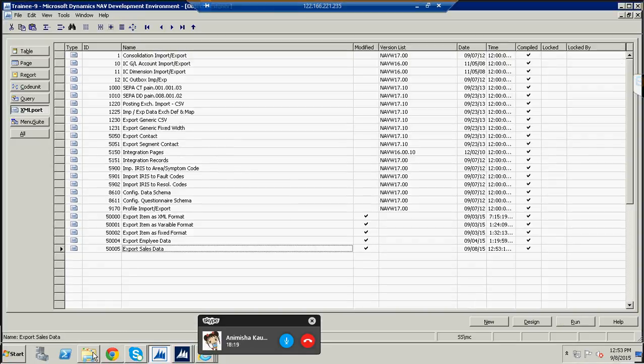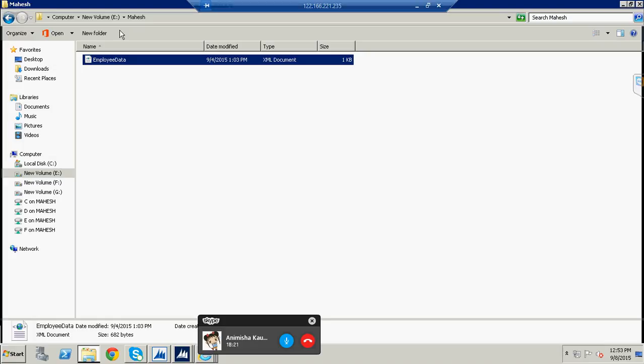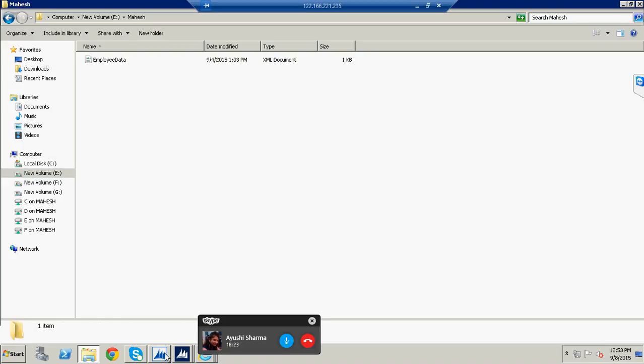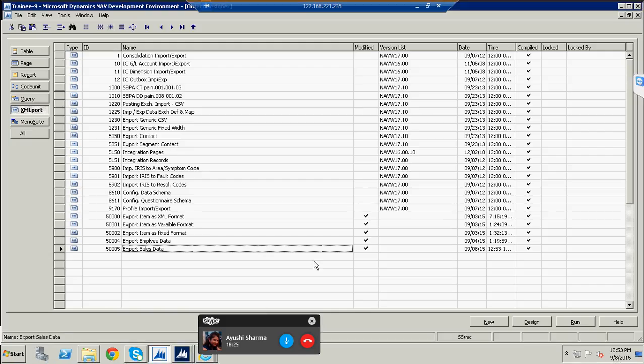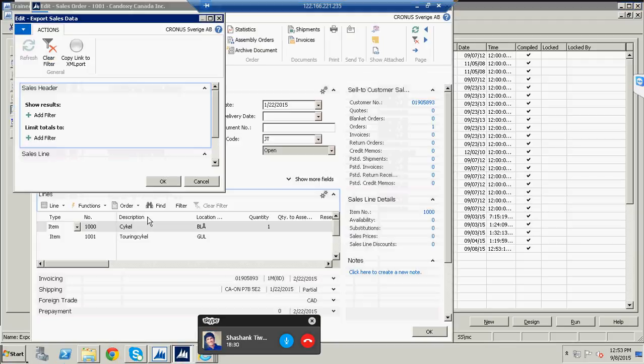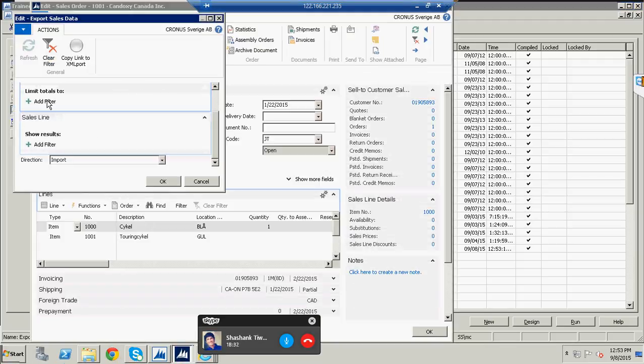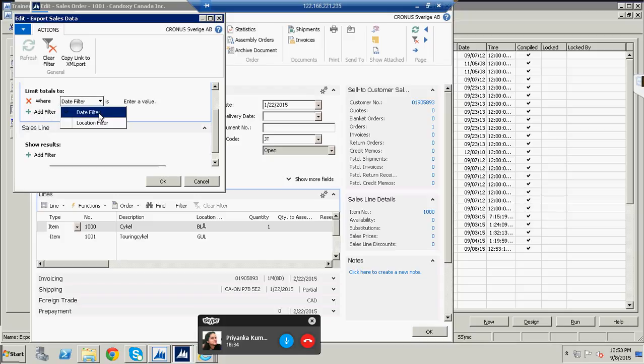So now we have seen how we can export. Let me do some changes to import the same. It's not a big deal, but I'll just show you how we can do that. Before I export this, we can set the filter here. As I said, we can add the filters here, or maybe if we want fixed filters, what we can